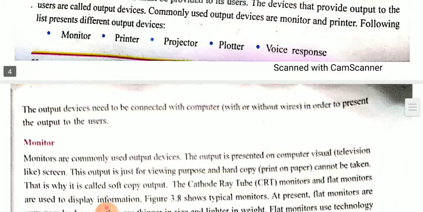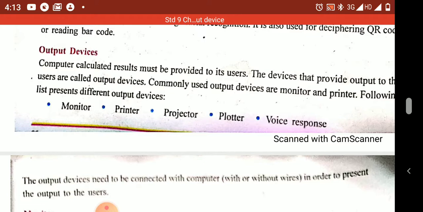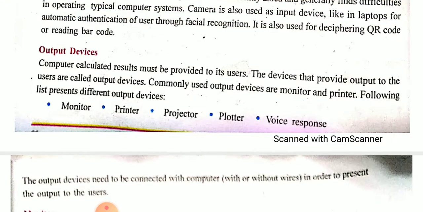Output devices. Do you know what output is? With the use of an input device, we can enter data into the computer. Then in our computer, the CPU starts processing the given data, and after that the computer provides the result to the user.